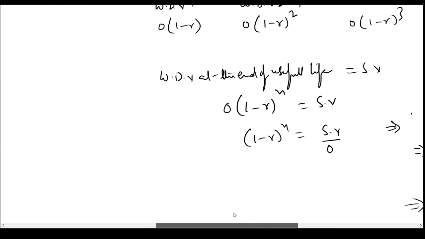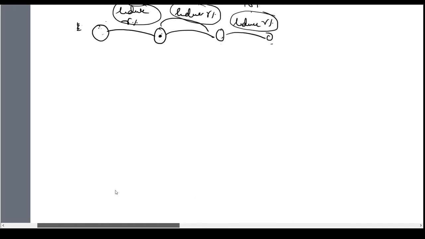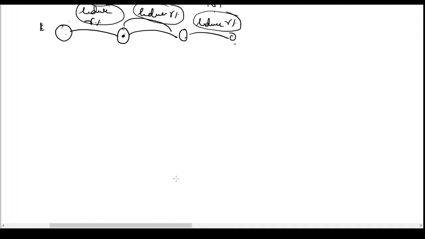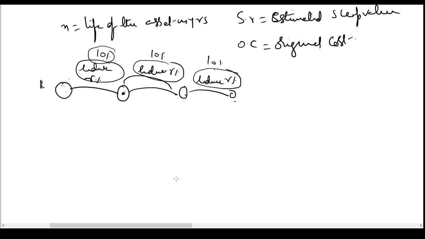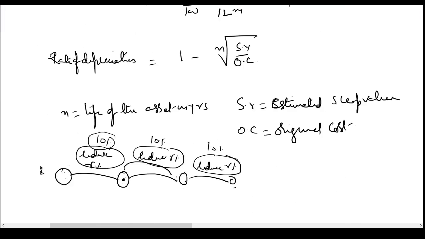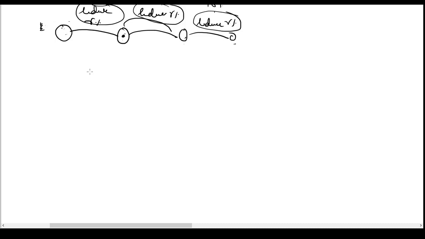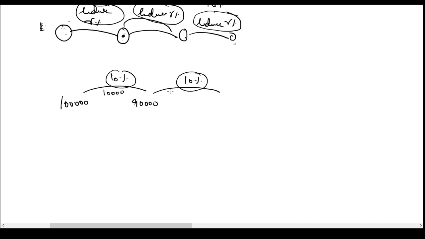You have to remember that in the written down value method, the asset depreciates every year by the same percentage. The percentage is applied to the opening WDV. The depreciation does not remain constant in each year. For an example, 1 lakh is the value at the beginning of the year. It reduces by 10%. The balance would be 90,000. The depreciation here would be 10,000 rupees. Second year, this will again reduce by 10%. The rate will be the same, but this 10% will be applied on the reduced value now. It will be 9,000. It will become 81,000 here.